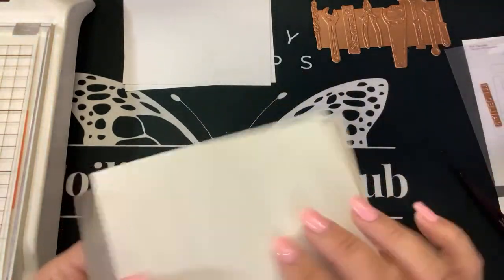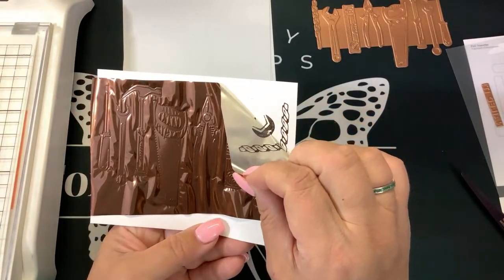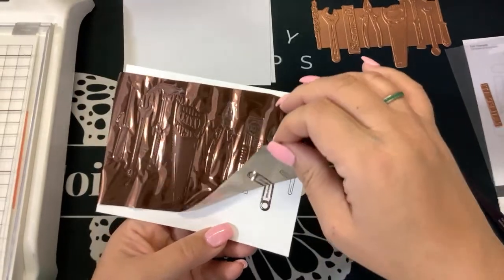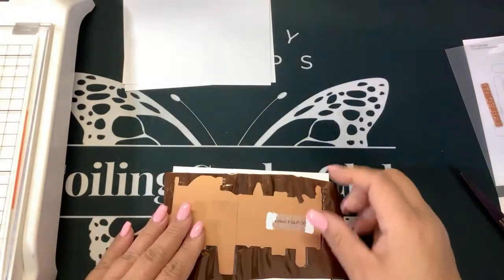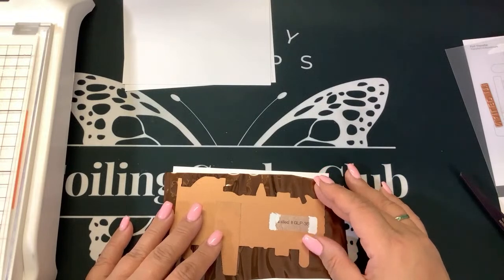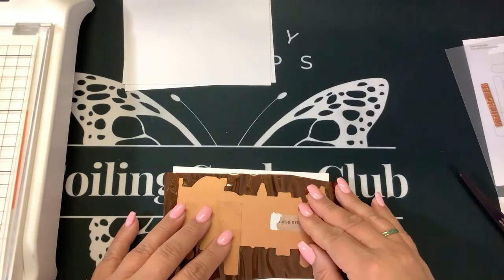I tried a little trick on this one. Little bit better on the outside ones. I'm gonna see, let's see if I can line this up. At this point, I have nothing to lose. I may not be 100% lined up here, but